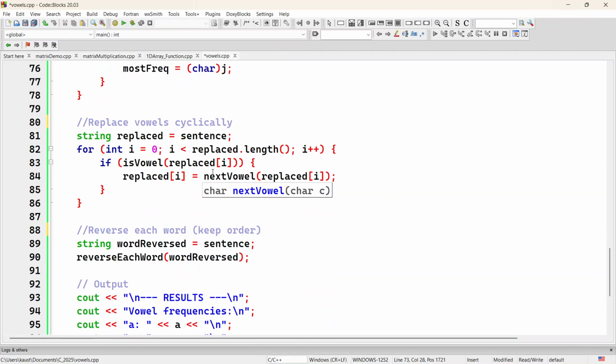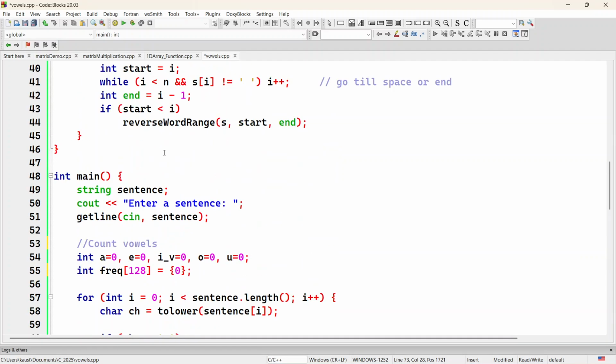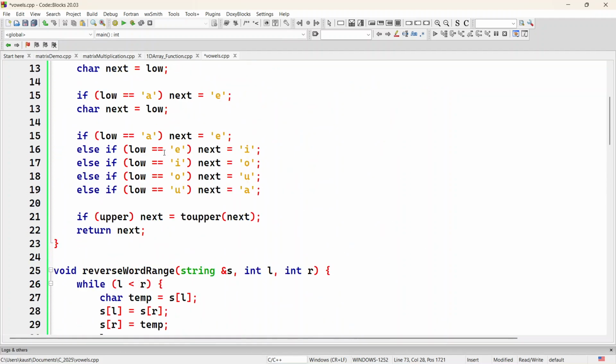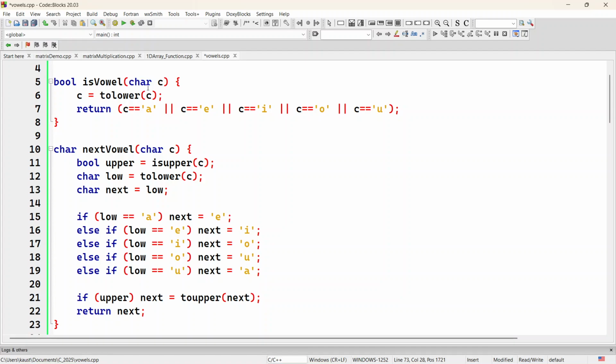Next is replace vowels cyclically. Now for that we are creating a copy of our string. So string replace is equal to sentence. And for i equal to 0, i less than replace dot length, i plus plus, if isVowel of replace[i]. Now isVowel is not an inbuilt method. This is a method that we have written. So isVowel, it simply checks whether